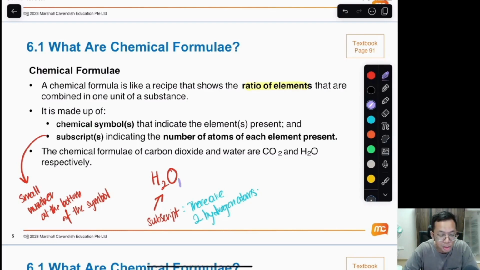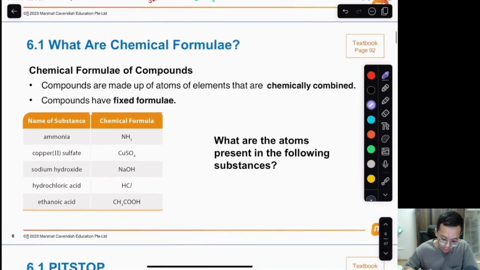Okay, but for oxygen we do not show the 1. Without writing it, we will assume that it's already 1, so don't get confused about that. Okay, so chemical formulas